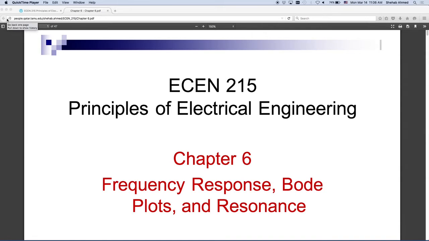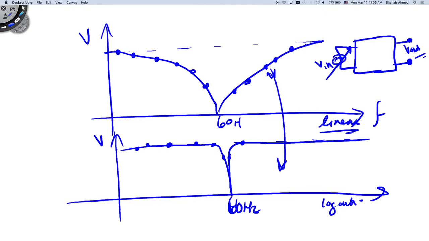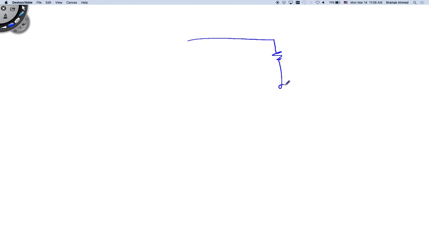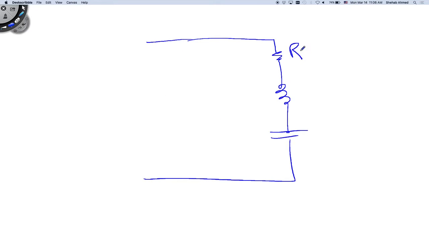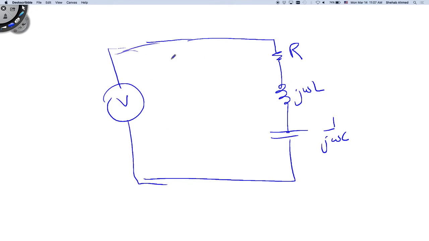So for example, you can have an electrical circuit with an R, an L, and a C. This has an impedance R, this has an impedance j omega L, this has an impedance 1 over j omega C. If I put a voltage source here, and I look at the current,